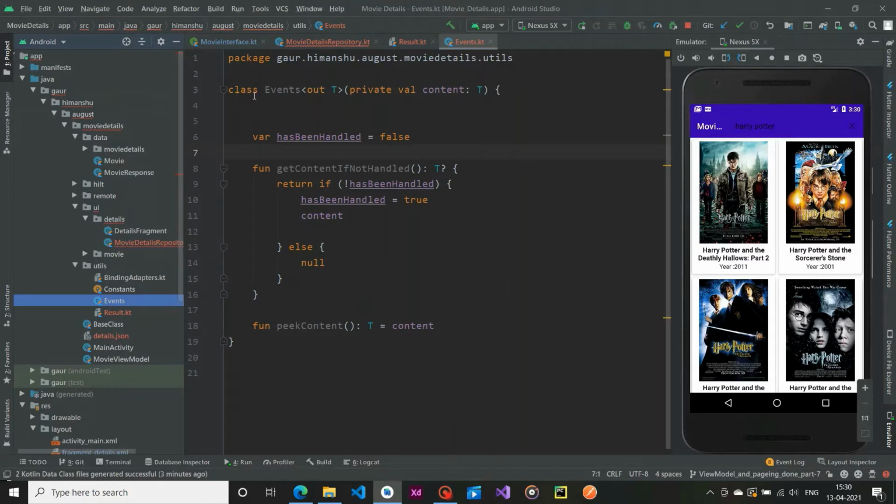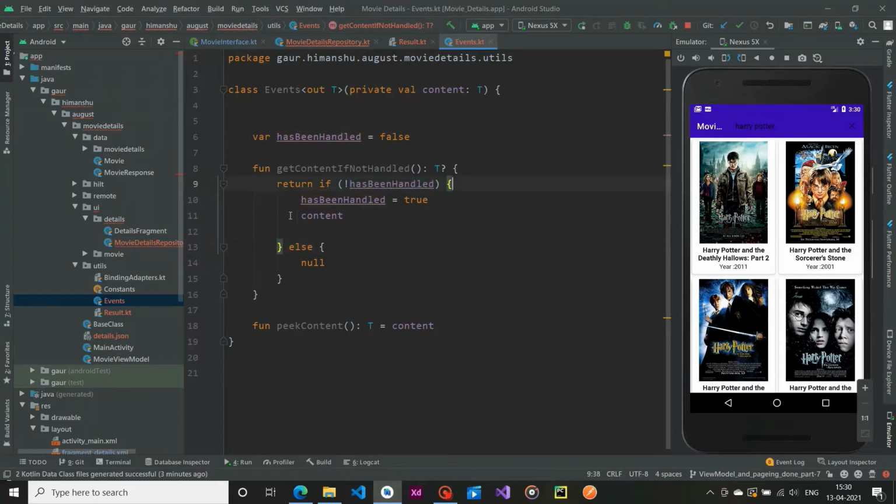Basically this event class is used for propagating our data only once. So what does it mean? For example, if we use this function, it will return me t, which is a generic data type, and you can see has been handled is false initially. If it is false, this condition goes true.